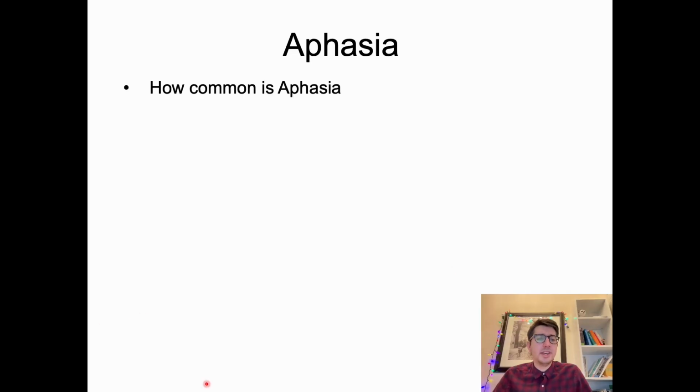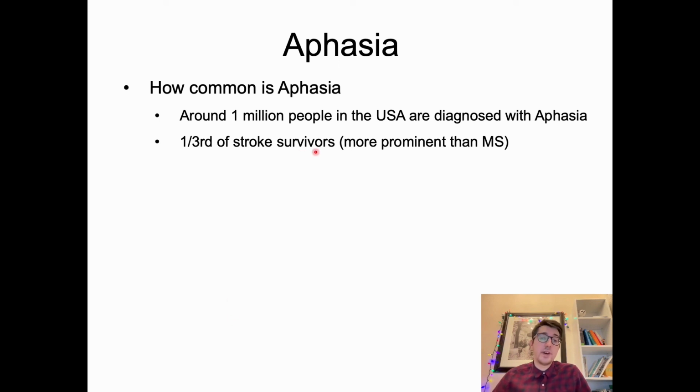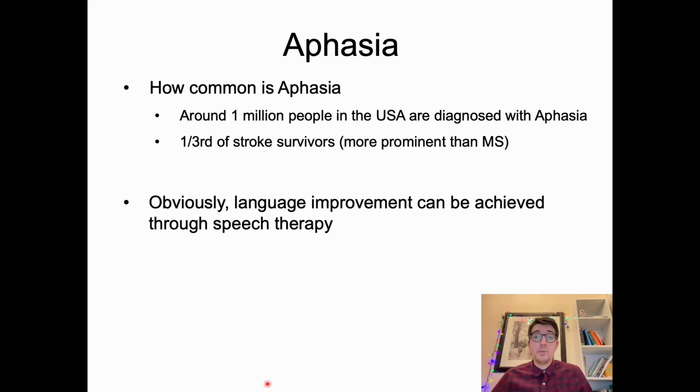So how common is aphasia? Well, around 1 million people in the USA are diagnosed with aphasia. And one third of stroke survivors are also diagnosed with aphasia, which is more prominent than multiple sclerosis and some other diseases such as Huntington's disease. Although fewer people know about aphasia, and we need to raise awareness of